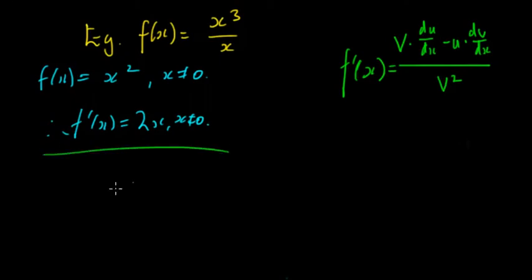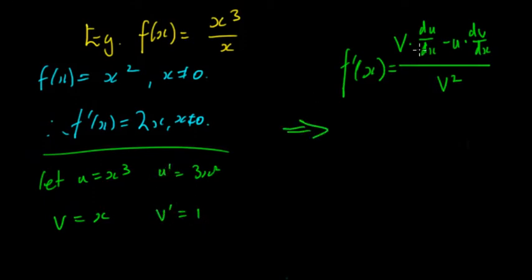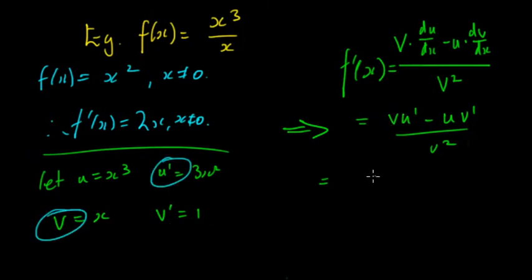So we firstly say let u equal x cubed and v equal x. u dash is equal to 3x squared and v dash is equal to 1. So that's du/dx and dv/dx. Then looking at this formula, if you wanted to put u dash and v dash instead, it would equal v u dash minus u v dash on v squared. So this is equal to v times u dash. So v times u dash, and that gives us 3x cubed. This is minus u